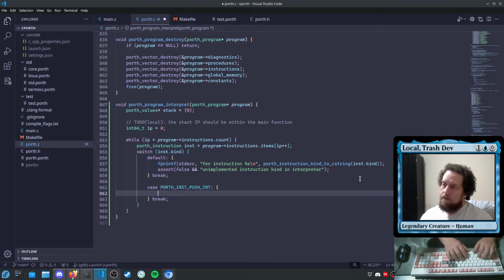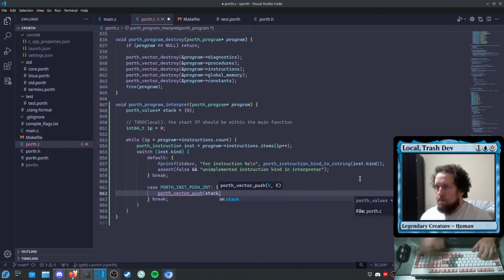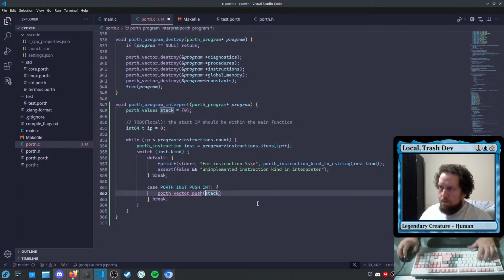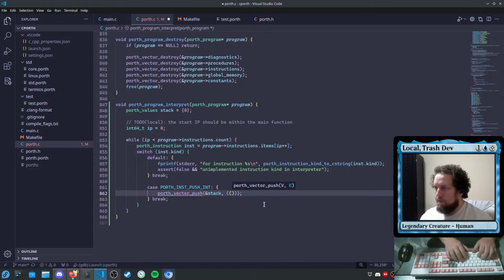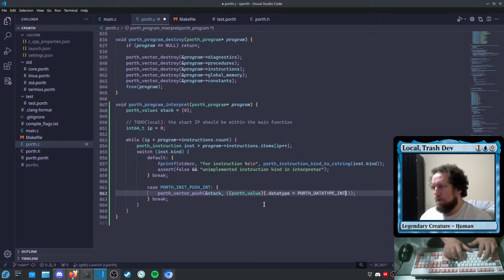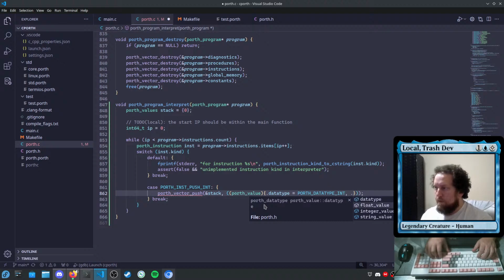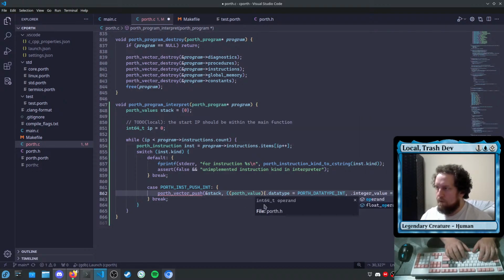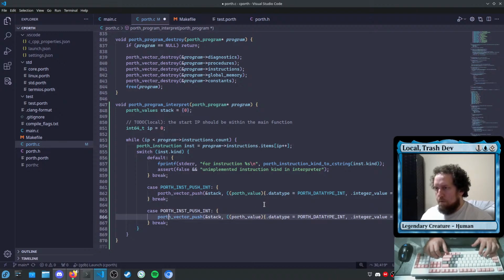So we're going to say Porth vector append push vector of push stack into the stack. We want Porth value dot data type is data type int dot integer value is instruction operand. Okay. So then we have